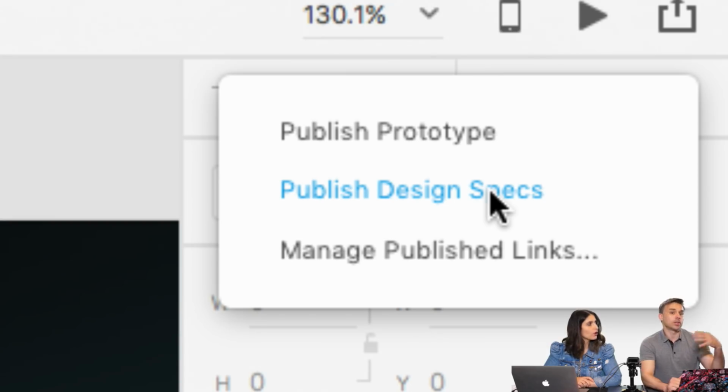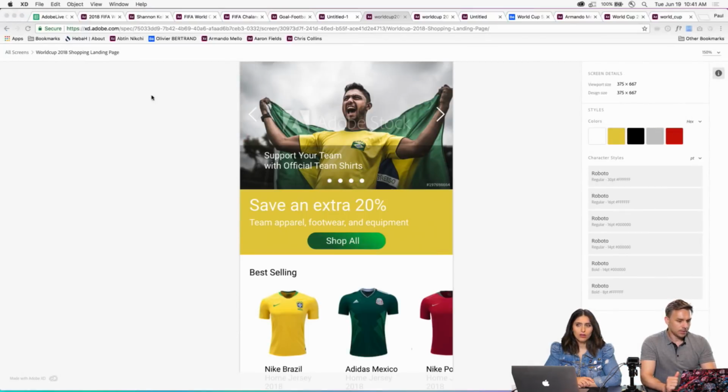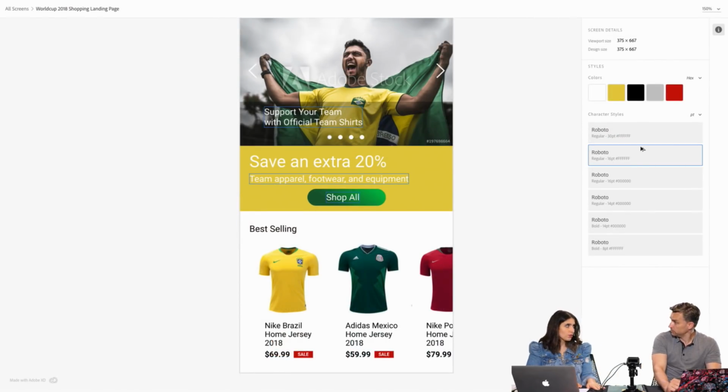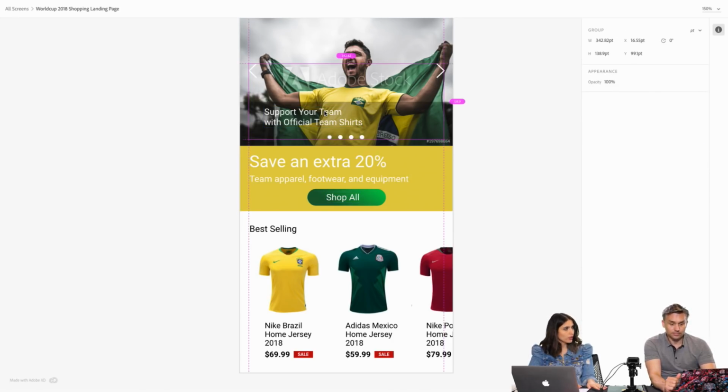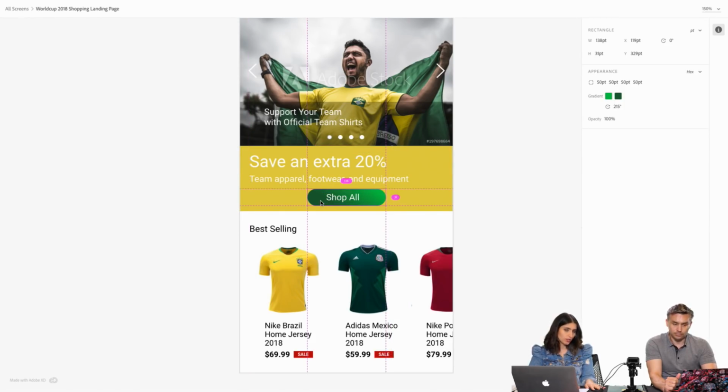So now we're going to get all this extra information that usually a developer would get, which is totally fine. That is amazing too. The fact that you can literally ship this so quickly to your developers and they have everything they need without you having to spend so much time speccing out your designs.